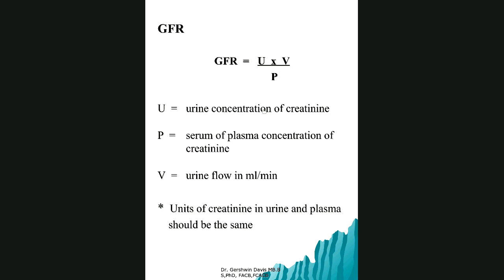Okay, this is UV upon P. This is the volume of urine in mils per minute. So you may have the whole collection done correctly, but if your calculation is wrong, you can get it wrong because of your units, or because the urine flow was not considered as mils per minute. You can get it wrong. Okay. I mention this because urine is so common, and there are other things that you may want to do a 24-hour urine collection for. So please note, that's a note to self.